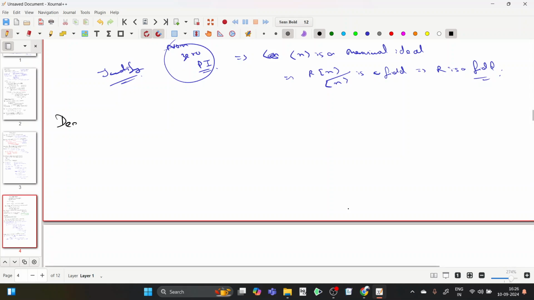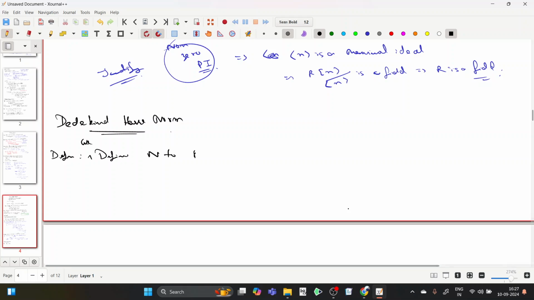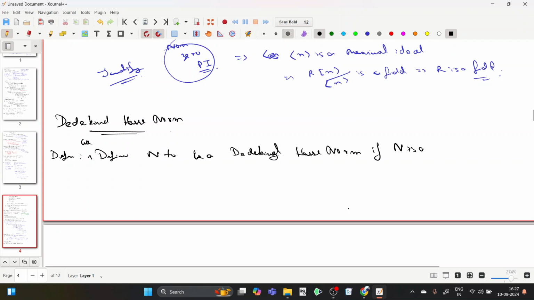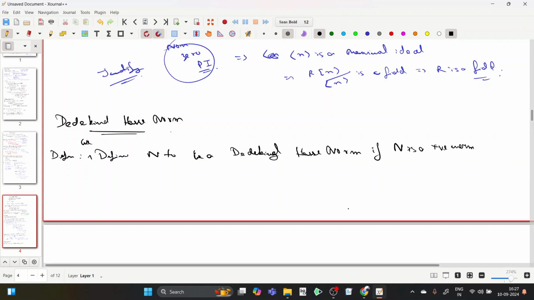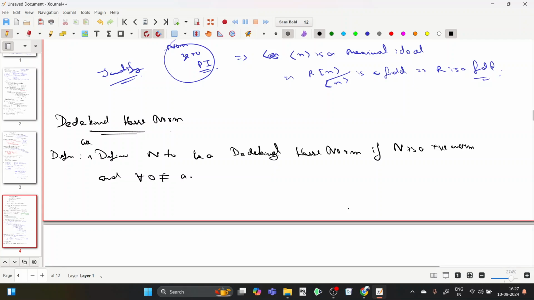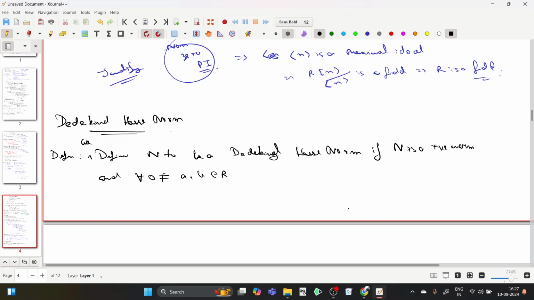So the Dedekind Hasse norm definition: we define N to be a Dedekind Hasse norm if N is a positive norm and for all 0 not equal to A, B in R, that is for all non-zero elements from R,